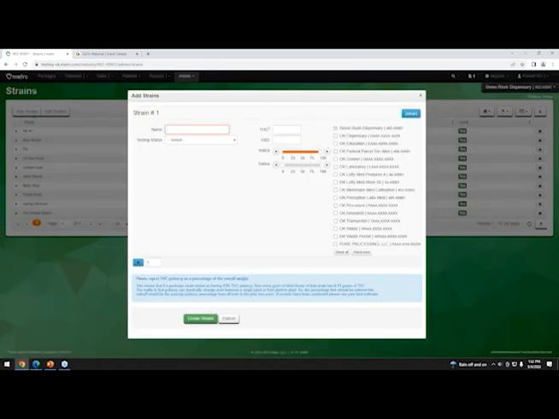So for a strain, we will put in, let's see, we have Blue Dream in there. Okay, you'll put in Oklahoma Thunder here. Yep, perfect. The testing status indicates if you've tested this product in-house, not at all, or by a third party, which indicates where you get the information on the right-hand side with the THC, CBD, indica, and sativa.